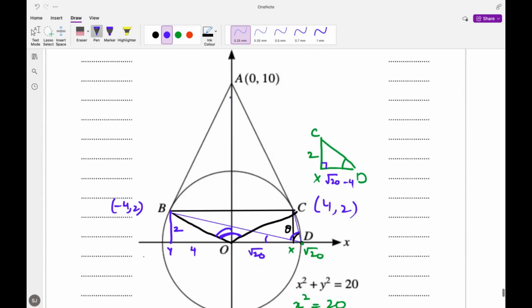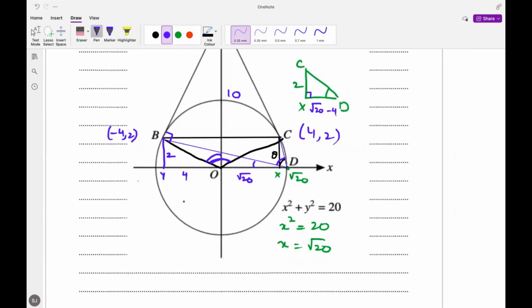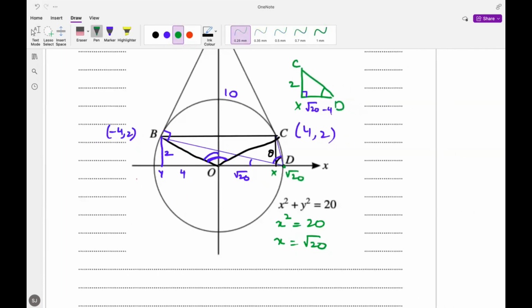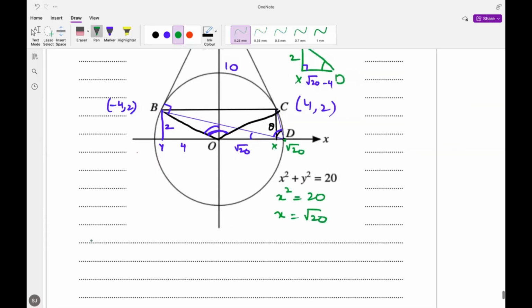So we already know that this total length was 10. We can find the length of OB through Pythagoras theorem over here, as this length is 2 and this length is 4. And as this is a right angle due to the tangent, we can apply adjacent over hypotenuse to find the angle BOA. Once we find that angle, we can multiply that by 2. So we can just quickly do this over here just to see if we can apply a different method to find the angle. So the length of OB will be equal to